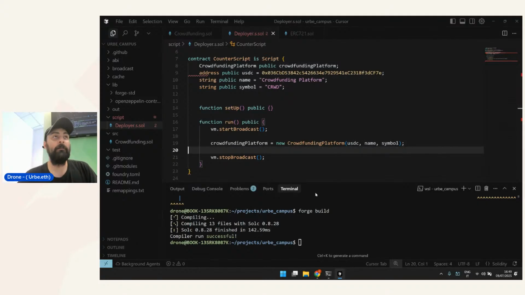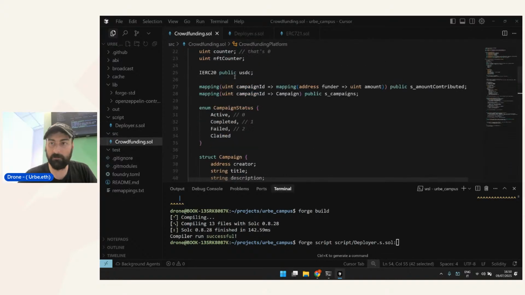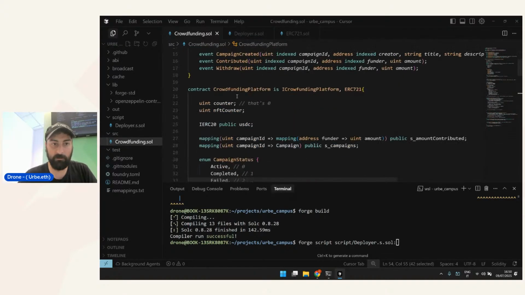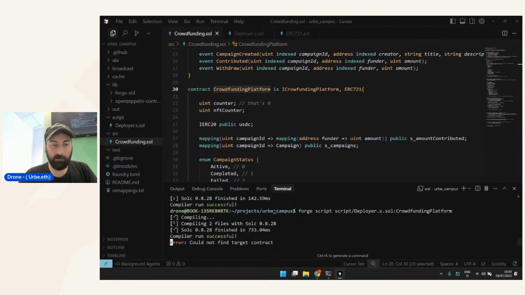So if we now run this with forge script, then we need to give the location of the script file, so deployer.s.sol, and the name of the contract, which was exactly, let me check, okay, crowdfunding platform. This won't itself,